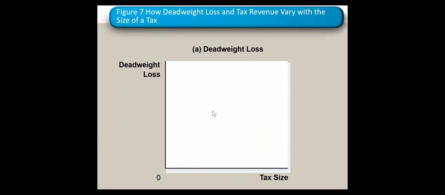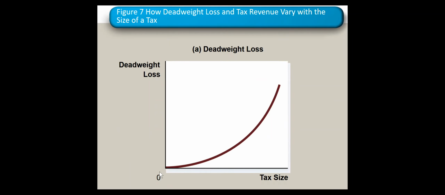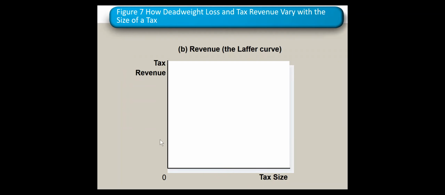Now for the deadweight loss, no matter what the size of the tax is, if it is increased, the deadweight loss increases also. So along with the increment of the size of the tax, the deadweight loss goes high. So like this exactly. The higher the tax is, the higher the deadweight loss is. So it's just like a curve, not exactly exponential, but it grows rapidly like this with the tax. It's not linear either, okay?